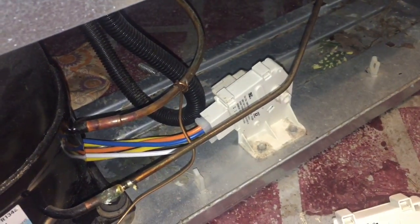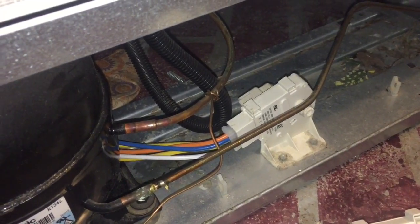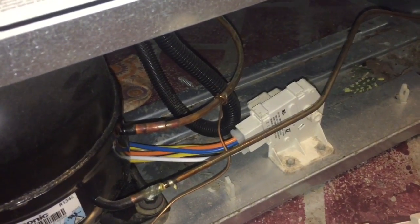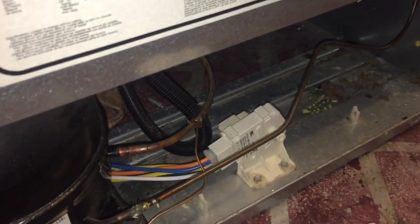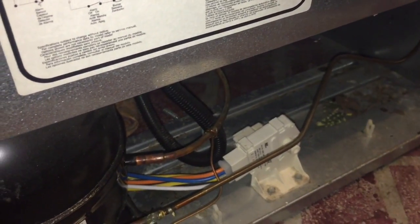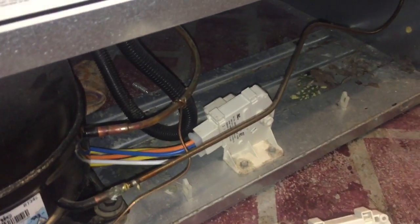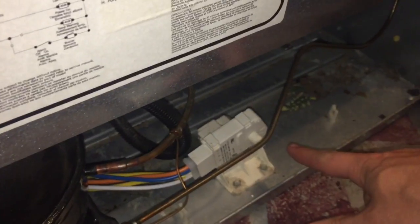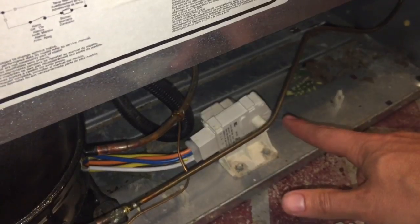So what we've got here is a Kenmore upright deep freeze, and this thing I think is made by Frigidaire. And what has happened is I went to get stuff out of the deep freeze and everything was defrosting, and it appeared it was stuck in defrost mode. So I pulled it out, and this is the defrost timer, and I just rotated it around. And that started it freezing again,